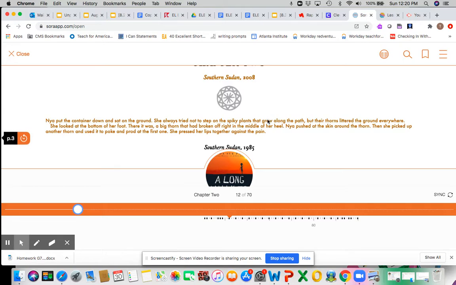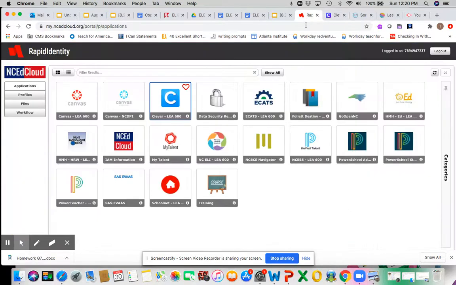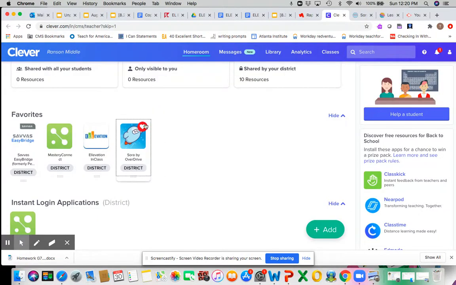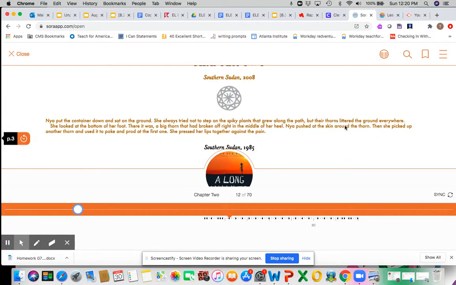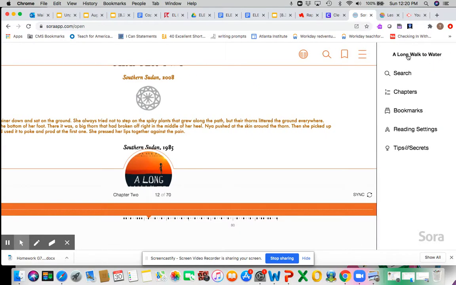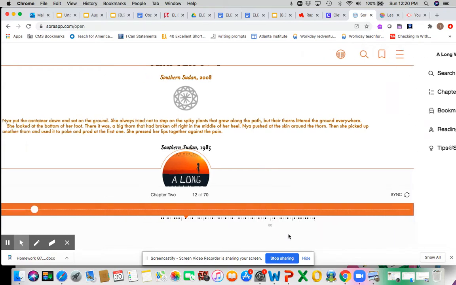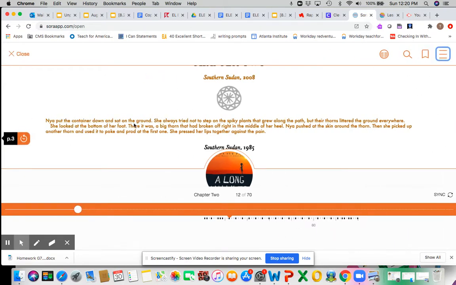The next time you want to get to it, you'll just go back to NCEdCloud, click Clever, so that you get here, click this little guy, SORA, and you should be able to go to your account and see your book on your shelf. Now, what I also want to show you is that you may end up having to